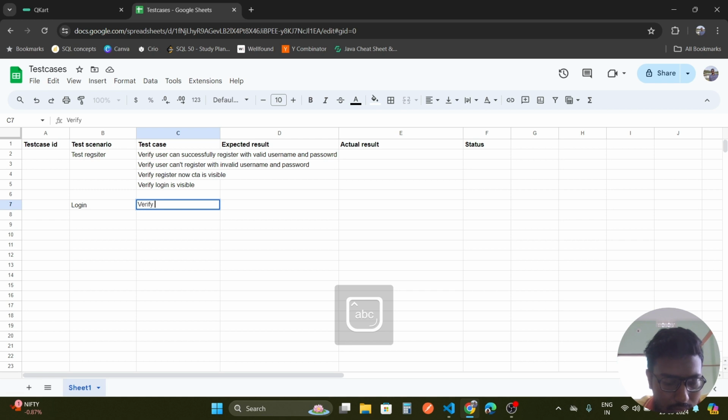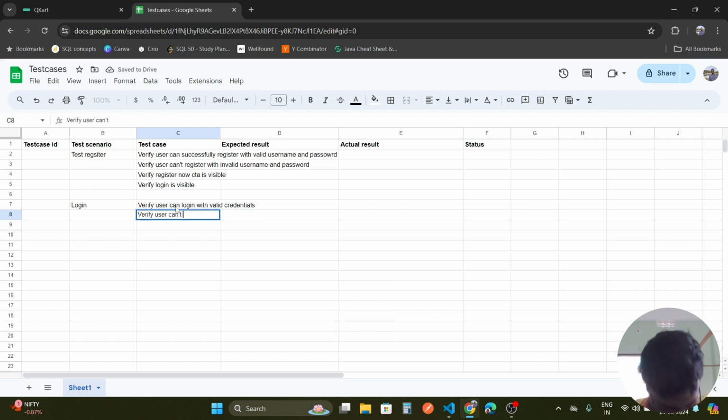Verify user can log in with valid credentials. Verify user can't log in with invalid credentials. These are some of the test cases,